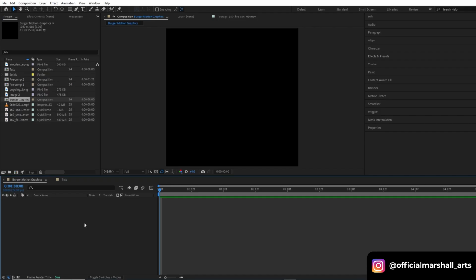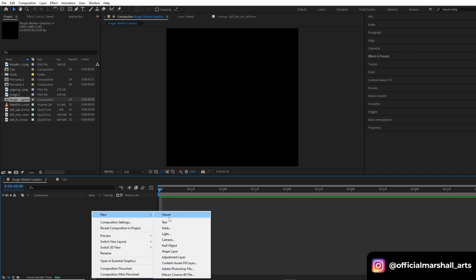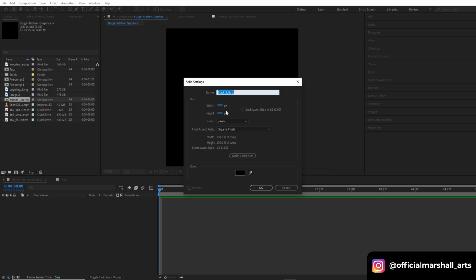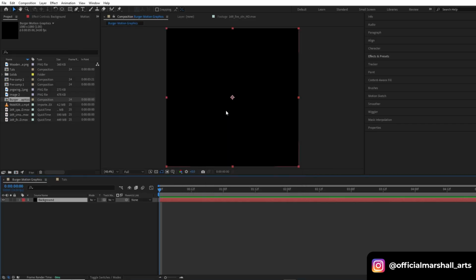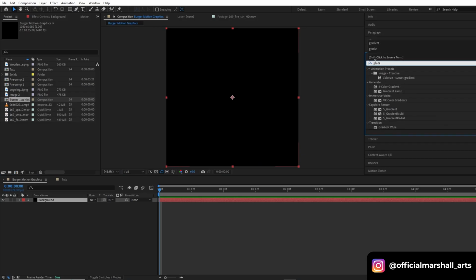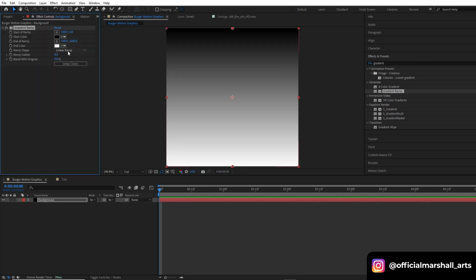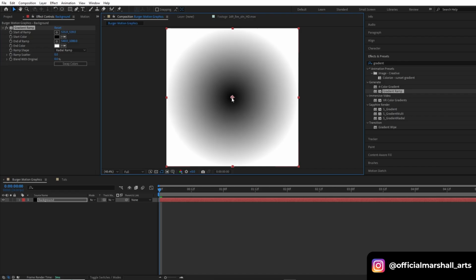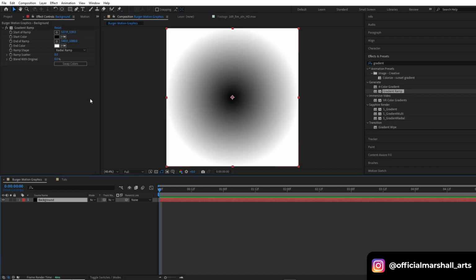I'm here inside After Effects and I've already created the comp. So right now I will create a new solid layer and let's name it background. My comp ratio is 1080 by 1080. Okay, so let's search for gradient ramp and drag and drop it onto our background layer, and let's change it to radial ramp, and let's adjust the position of our ramp,